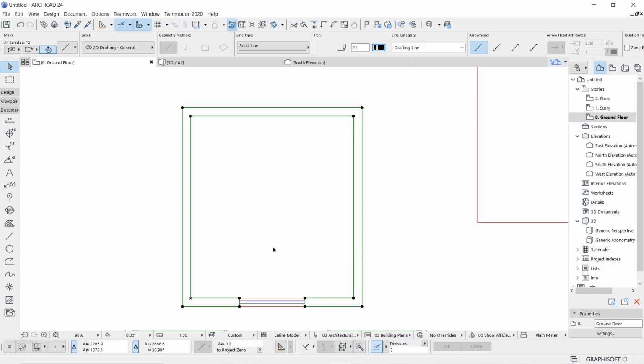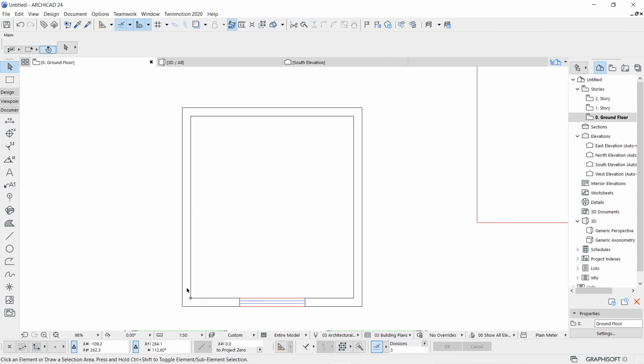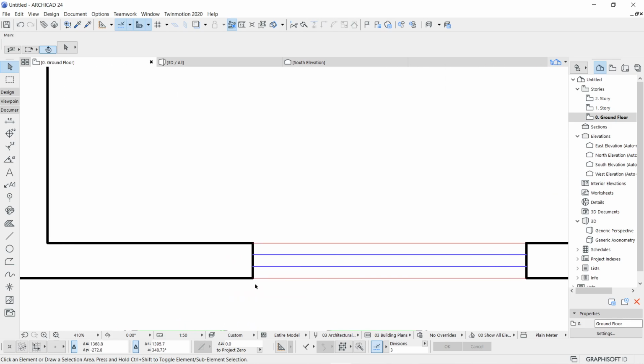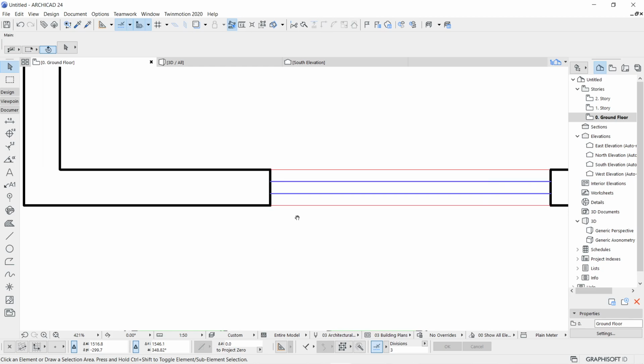In case I'm printing as pure black and white, then everything will be black, and only the line weights will play the role. Okay, so now if I deselect them, how? You just have to single click on the empty part of the drawing. Remember, I've just completed my editing, so I'm now deselecting them. I'll get the end product as a black color. And because the true line weight is on, you can see how the line weight is now working on your screen. That means your wall lines are getting thicker, then your window lines are thinner, and the elevational wall lines are further thinner. Got the point?